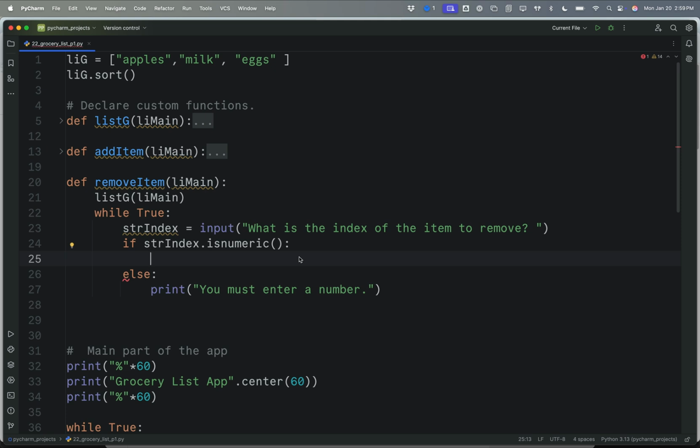So if it's numeric, then you're going to let them go on. If it's not numeric, then we won't. We won't check to make sure that it's an item that actually exists in the list. It will cause an error if they choose something that's outside the index of items that exist, but we're not going to go too deep into that just yet. There's a way to check and make sure that works, but we're just going to assume that they enter a correct number here. So if it's numeric, then we're going to say,